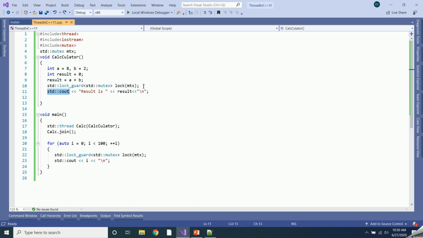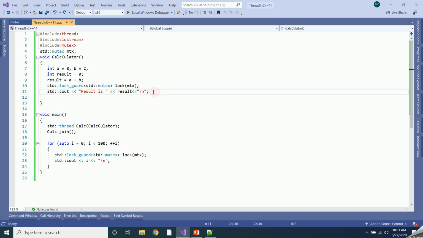To avoid the race condition while using this shared resource, we are locking the mutex, and then we are using this shared resource over here. So whenever we try to use this shared resource, it will first acquire the lock and then perform this printing operation.